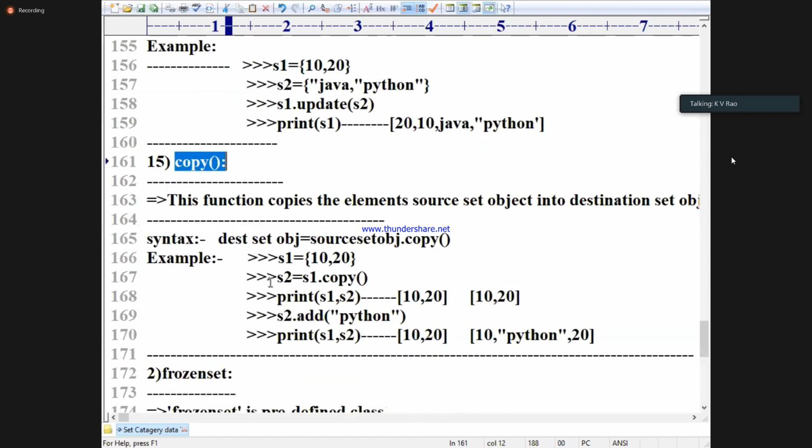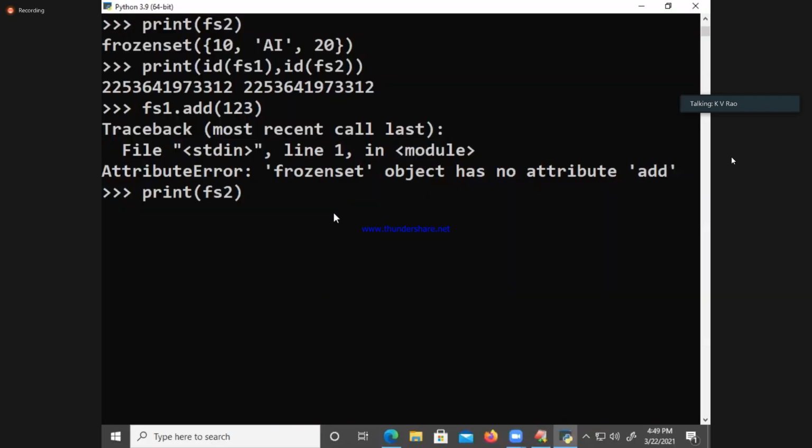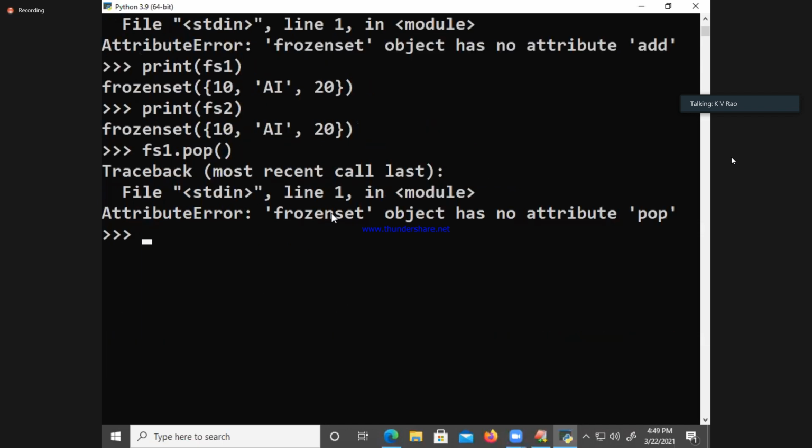Copy. Yes, no problem. We can take. But what is copy? Shallow copy. Once you have printed FS1, FS2, and last and final, pop. Is it there or not? Not there. You apply whatever you like. Next, FS3 is equal to FS1 dot